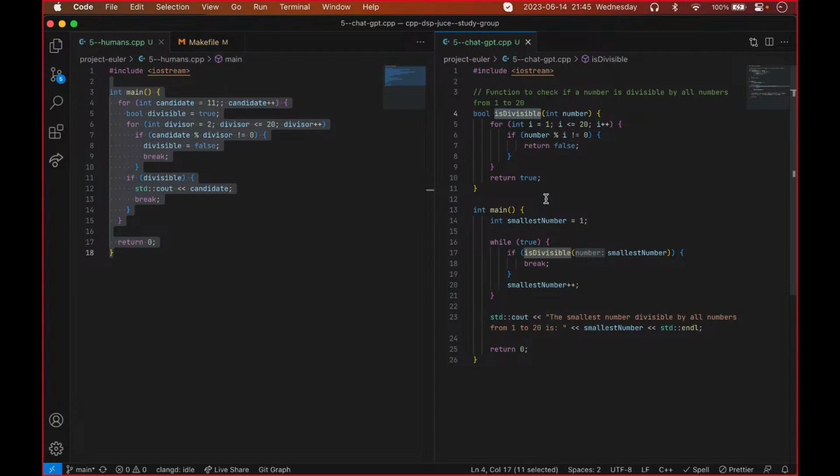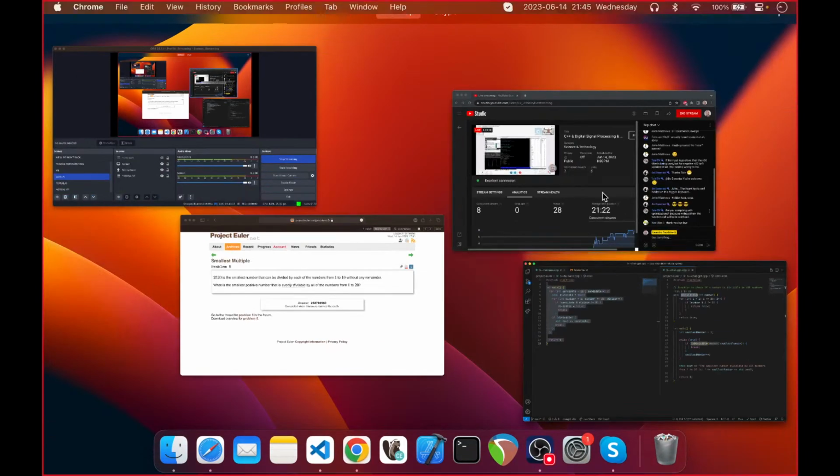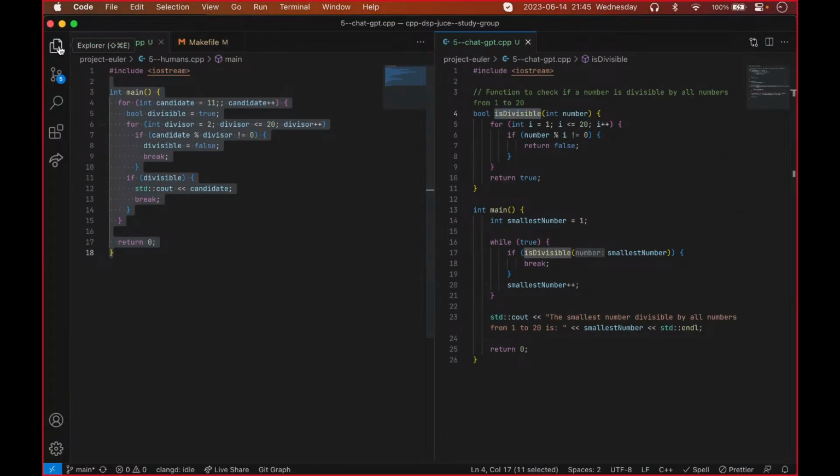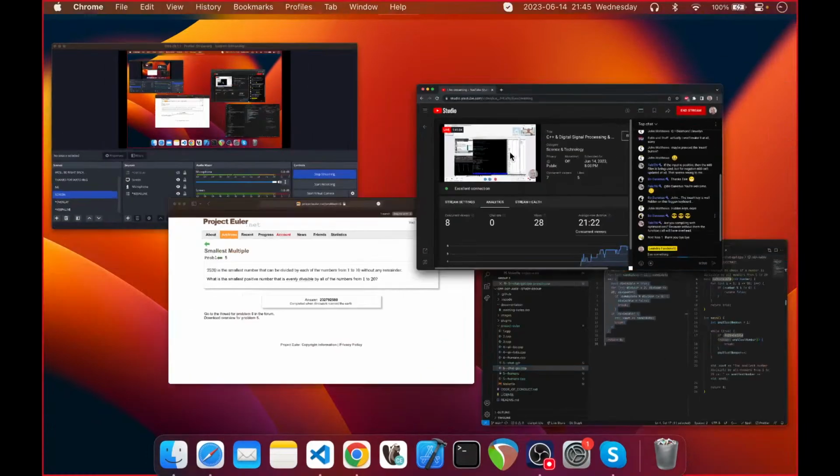So there is something deeper about this code that I find interesting. And it seems like ChatGPT tends to prematurely extract functions, given the outputs of problem number 4. Anyhow,